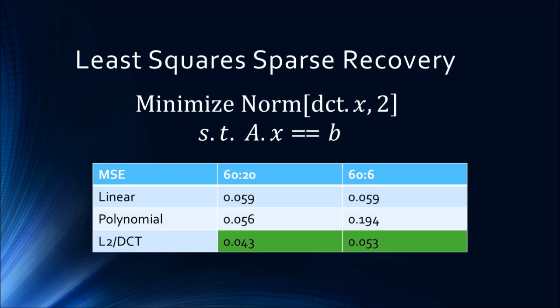So now we see that the linear is our baseline. That's our nice linear, ultimately perfectly filtered thing. Polynomial wasn't bad, knee-jerk reaction. But we see if we do this least squares sparse recovery, we find that we can actually get a better 3-to-1 compression, even a better 10-to-1. Our 10-to-1 compression actually does better than the linear. Anything does better than polynomial at 10-to-1. But we can start to do really good here. So we get 10-to-1 compression and beat the linear, which is good. I mean, that's outstanding, but there's more we can do.